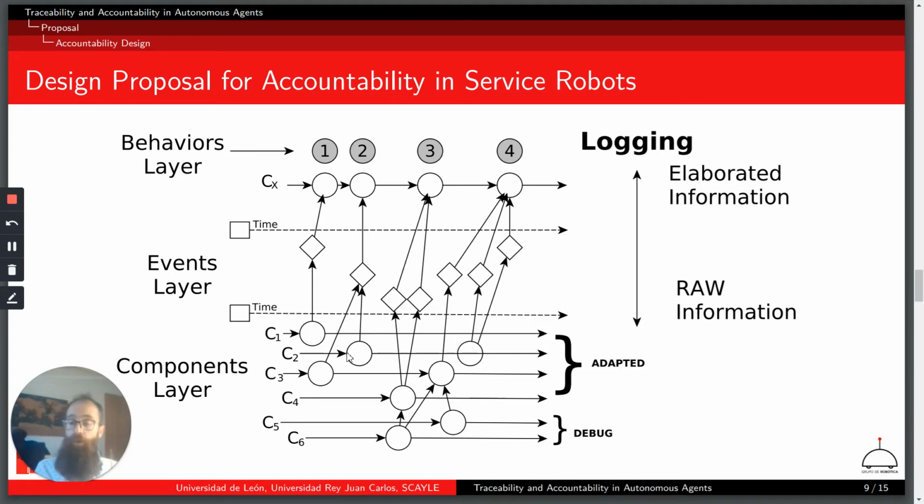If we just focus at low level, the classical approach of logging, we have the classical debug way. It means a lot of raw information that are dumped in files. Of course, from our previous work of how to improve ROS, Robot Operating System logs, to simplify the process of reading debug logs, we can see that it's necessary to reduce these logs in order to be able to infer what is happening behind when the robot behavior is generated. And finally, we have the events that when we put 1 or 2 or 3 together are able to trigger a behavior.